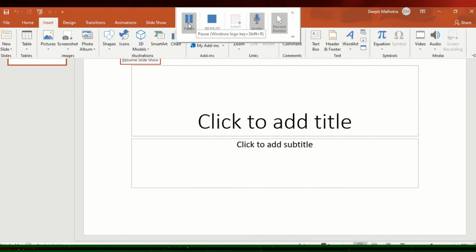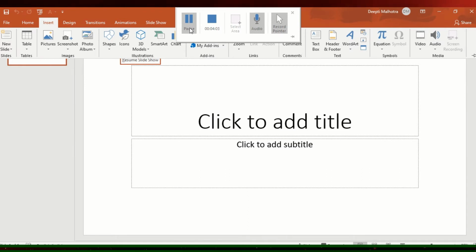Now there will be a record button here instead of pause and stop, because as you can well understand, the recording is already going on since I am using the same tool which I want to tell you about. So there will be a record button instead of this, a big red round circle button, and you will have to click on that. It will give you a countdown of 3, 2, 1, and then it gives you enough time to open the presentation which you want to show to your students.